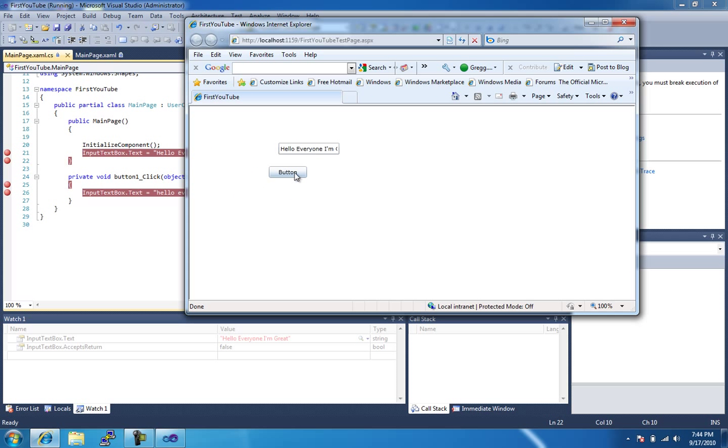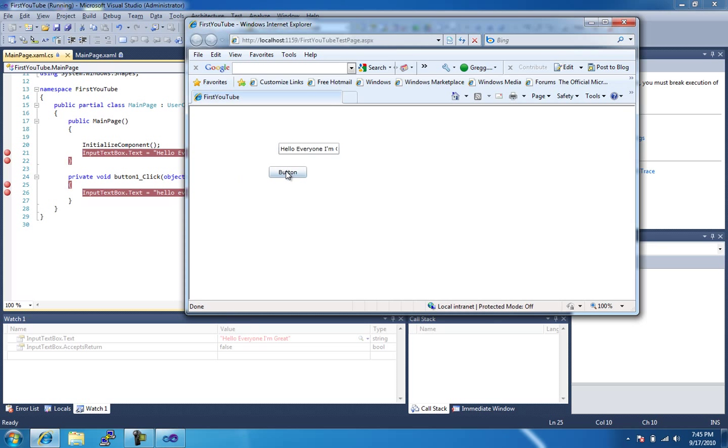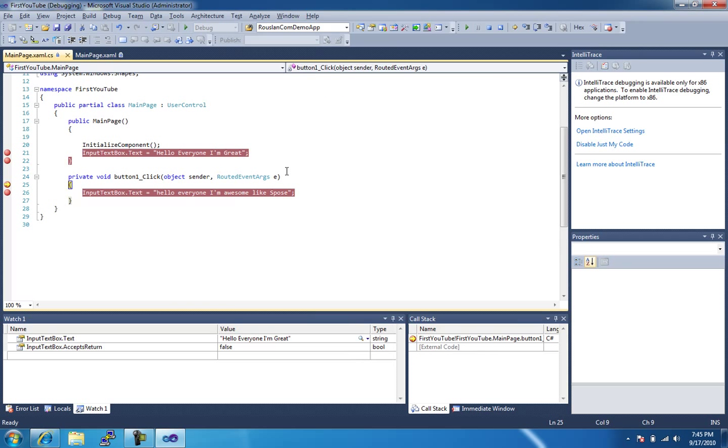So now as soon as I hit this button, it's going to trigger this event, okay? And by the way, this is actually really an event. It's not really just a plain old method, because you're actually calling a method, or an event at this point, a routed event arg to be exact. And as soon as you hit the button, you're going to notice that it's going to hit that bracket, which it just did. Okay? So now if we hit F5 again, we're going to get to here,